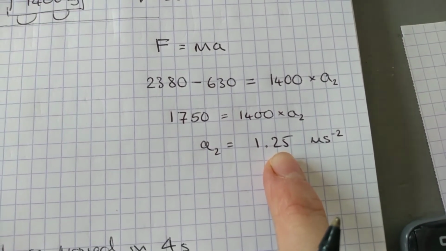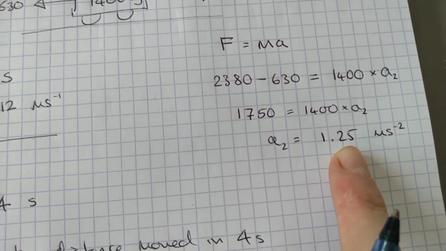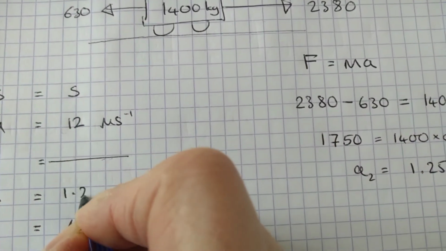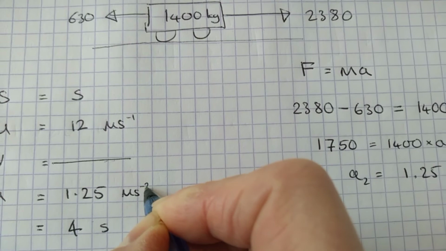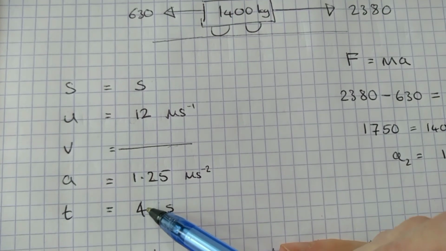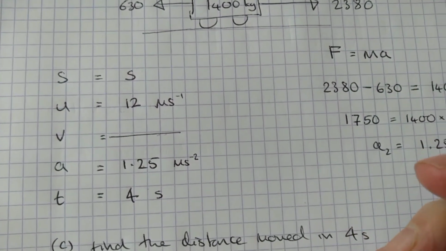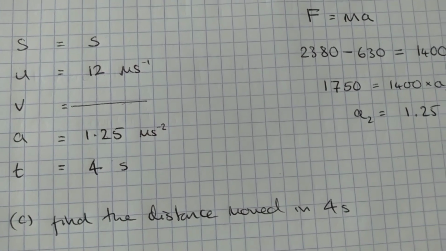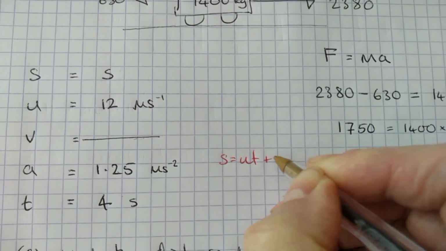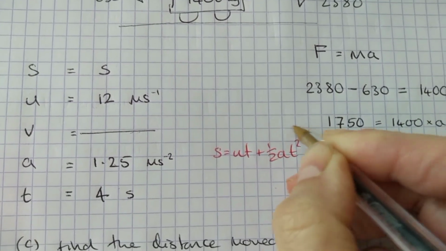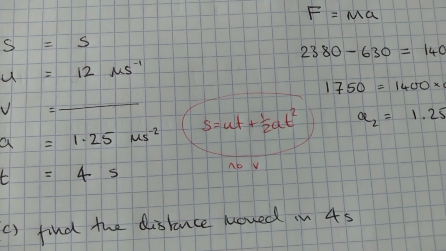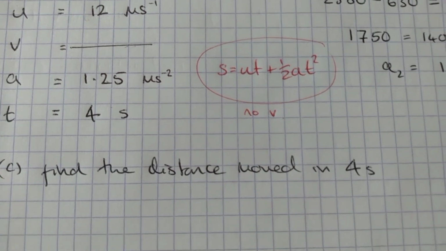Okay, so there's my acceleration in there, and now I can go for my suvat equation. I've got S, I've got U, I've got A, I've got T. Have a look for your suvat equations if you need to. The one we're going to need is S equals UT plus a half AT squared. Remember, these are on your formula sheets. You can always write next to them which letter they're missing. It's got no V in it, that one. Great, so let's substitute into that and we can find S. So S equals UT, 12 times 4,